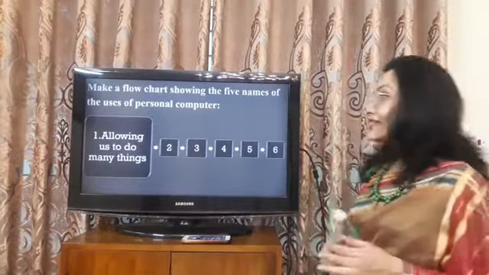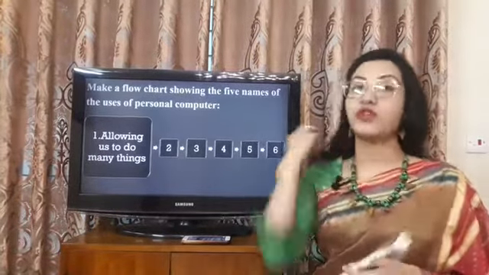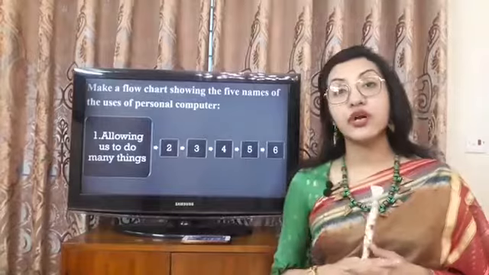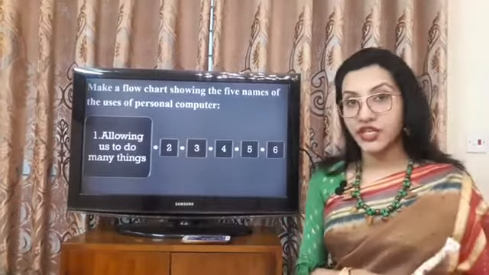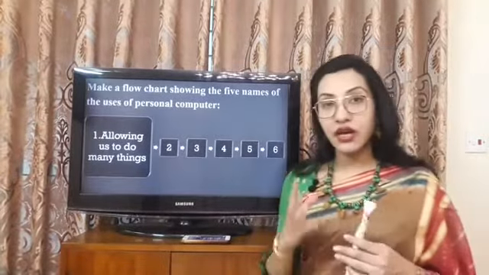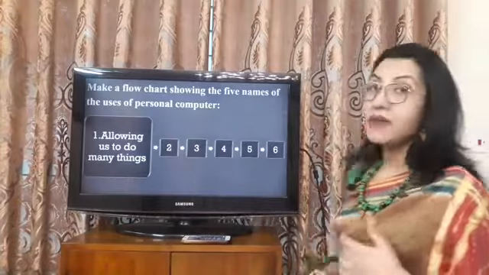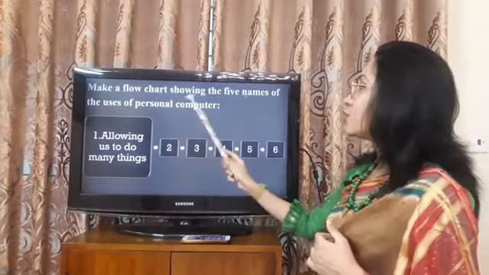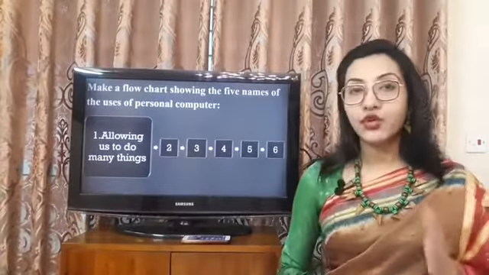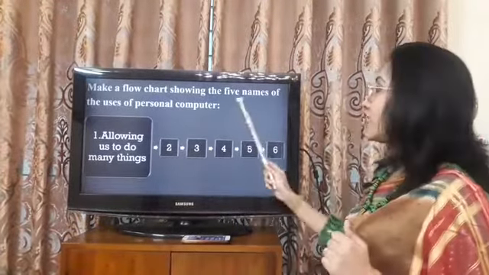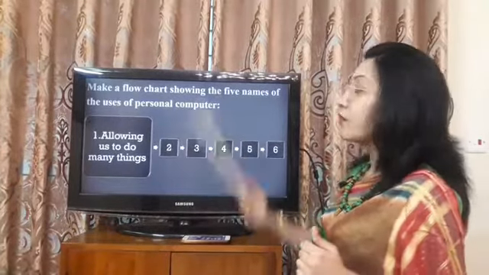So this is the question that we have from this passage. আবার বলছি এটা কিন্তু একটা বোর্ডের কোয়েশ্চেন। It came in সিলেট board in 2019. জাস্ট গত বছরই এটা কিন্তু সিলেট বোর্ডে এসেছিল। 18 নম্বর পেজে আমাদের এনসিটিভির যে বইটা ইউনিট 2 লেসন 1 সেখানে প্যাসেজটা আছে। তাহলে কোয়েশ্চেনটা আমরা আরেকবার দেখি। মেক আ ফ্লোচার্ট শোয়িং দ্য 5 নেমস অফ দ্য ইউজেস অফ পার্সোনাল কম্পিউটার। একটা ফ্লোচার্ট কমপ্লিট করতে হবে, আমাকে কি ধরনের ইনফরমেশন দিতে হবে দেখো, 5 নেমস অফ দ্য ইউজেস অফ পার্সোনাল কম্পিউটার।